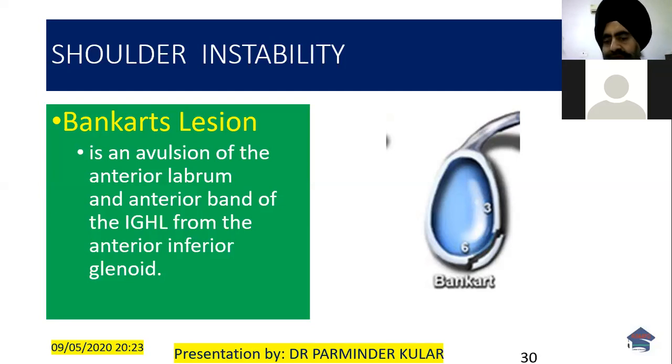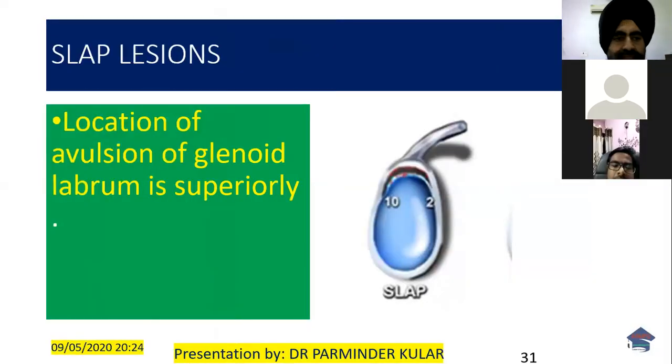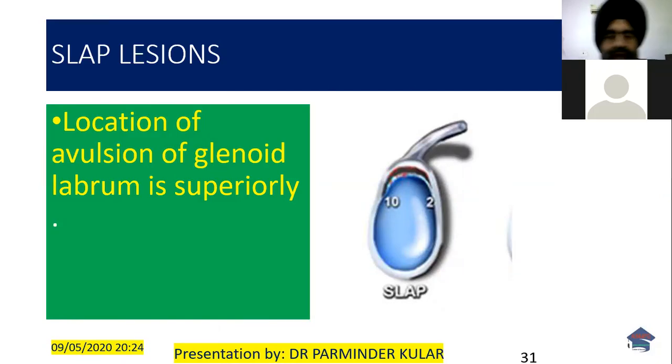What can be the other lesions around the shoulder in dislocations or instabilities? It can be a SLAP lesion, where the biceps pulls over the glenoid labrum, because the biceps attaches to the supraglenoid tubercle and blends with the glenoid labrum. When there is a lot of pulling and release of the biceps in sports injuries, it can peel off the glenoid labrum between 10 and 2 o'clock position. This lesion is called a SLAP lesion. The test for it is the Yergason test.